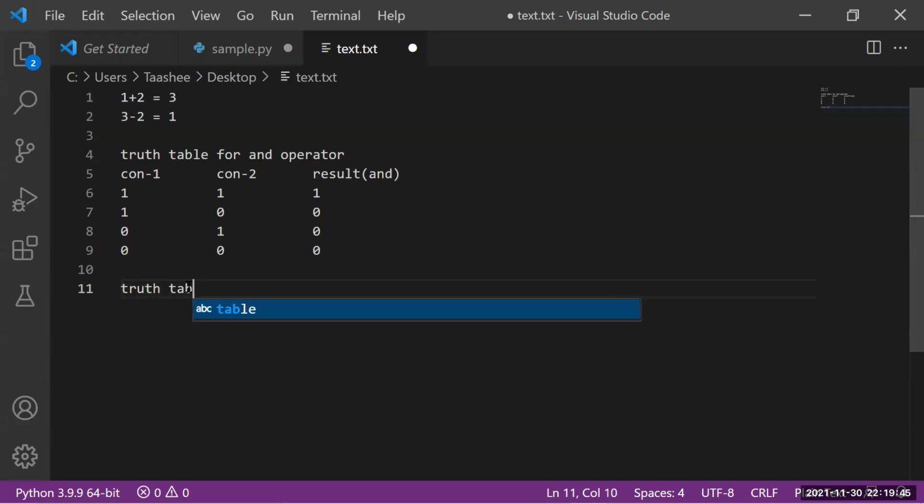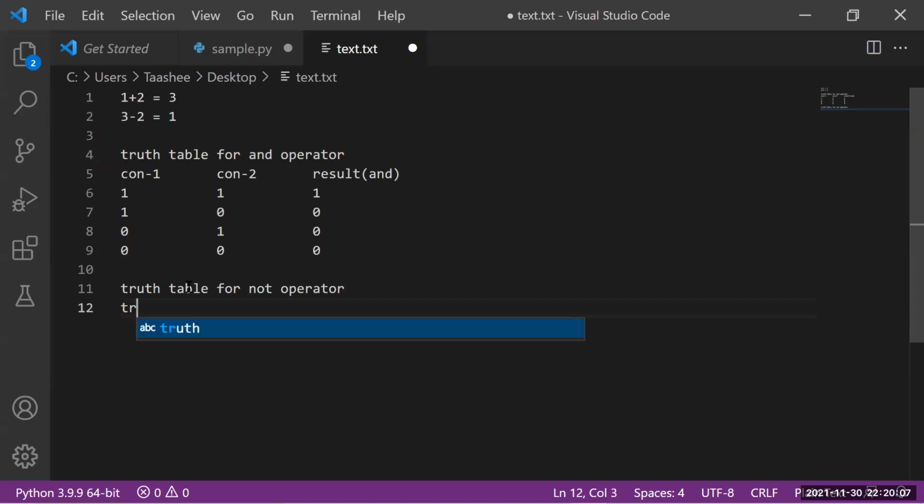Truth table for the not operator. The main condition is that if it is true, it will give false.